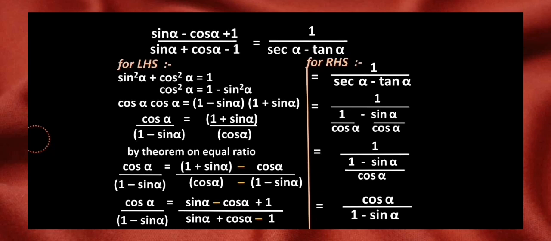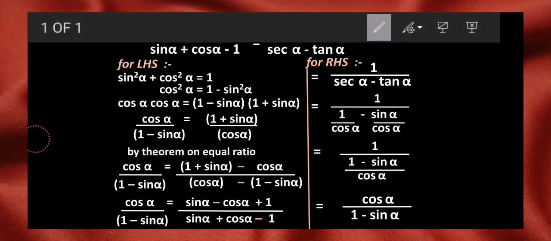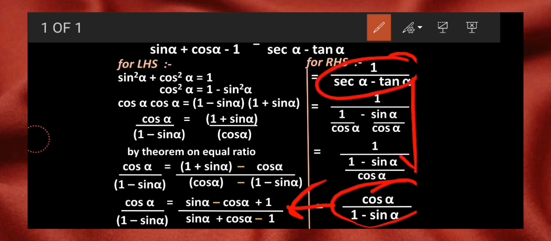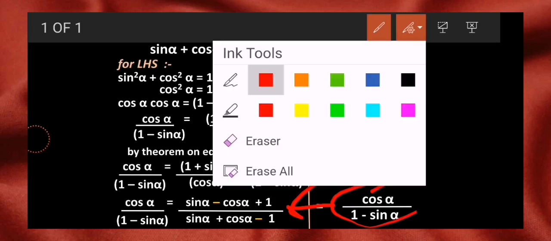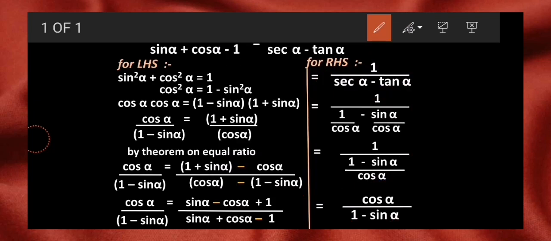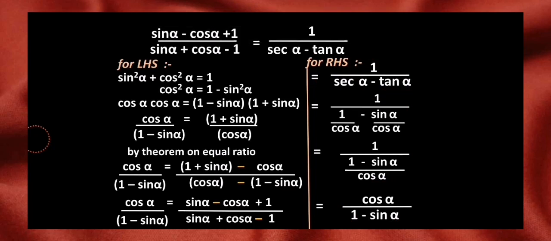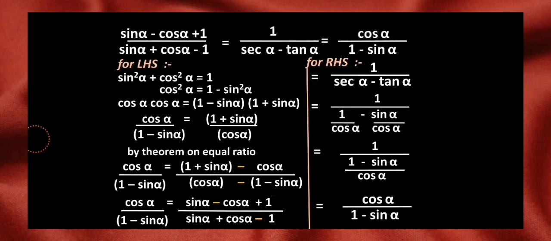If you observe, our RHS is equal to cos alpha upon 1 minus sin alpha, and we have proved that this cos alpha upon 1 minus sin alpha is nothing but the LHS of the question. Correct? These three terms, this is the sequence that we have proved, right? And that is what we needed. The answer of RHS and what we proved in the LHS are one and the same thing, and that is why we can write all these terms equal to cos alpha upon 1 minus sin alpha, and that is what we needed to prove, and hence we can say LHS equal to RHS.